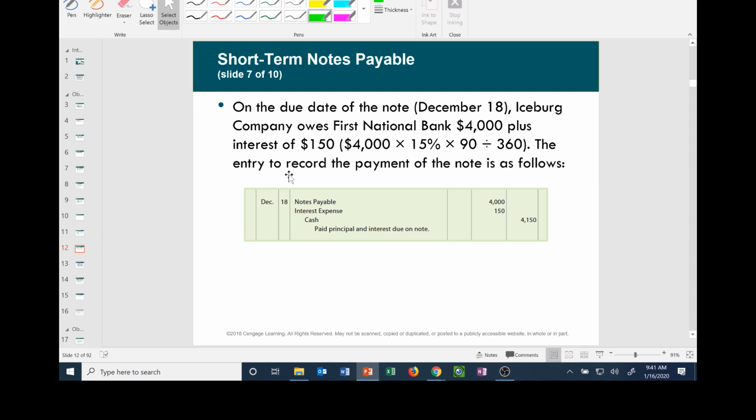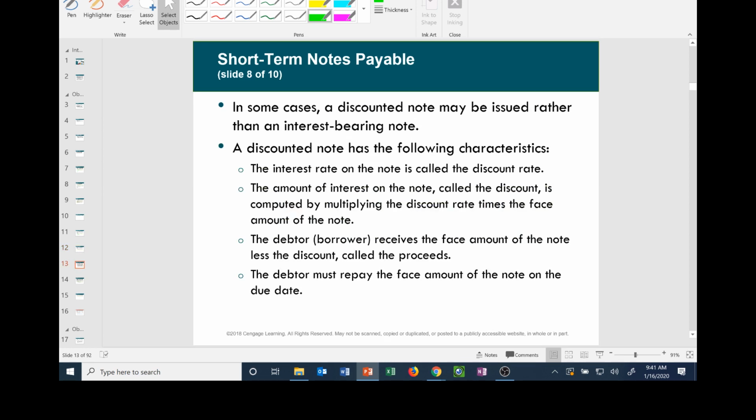All right? I have a question. On the equipment, did you say debit equipment or debit equipment expense? On your debit equipment. Okay. And that's where you credit notes payable. Okay, all right, that's what I wrote down. Now, how do you get equipment as an expense? You depreciate it. Right. That's how you finally take equipment as an expense. All right, so on this one, you debit notes payable, you debit interest expense for the 150, and you credit the total cash.